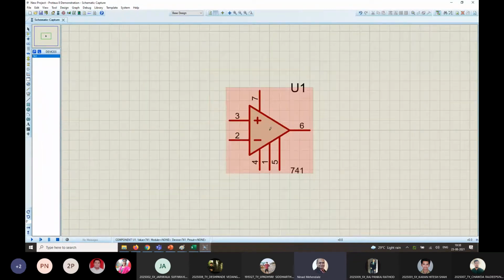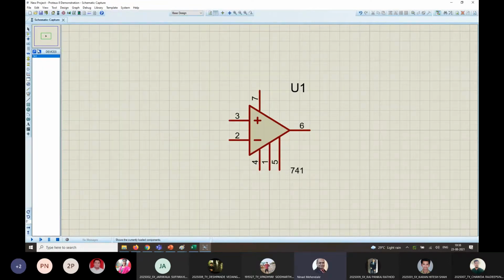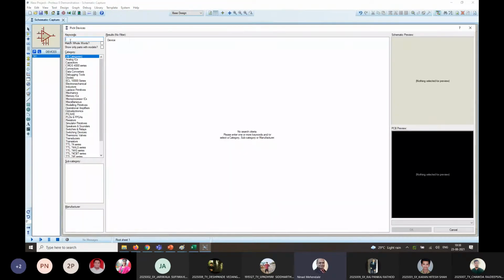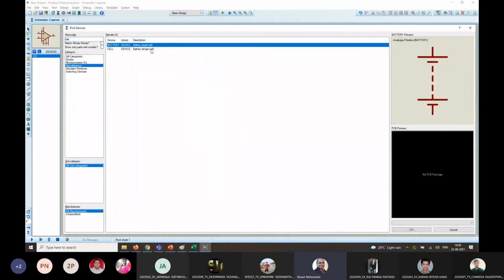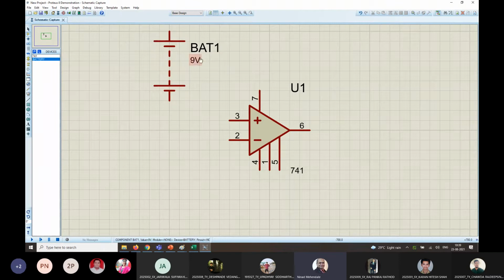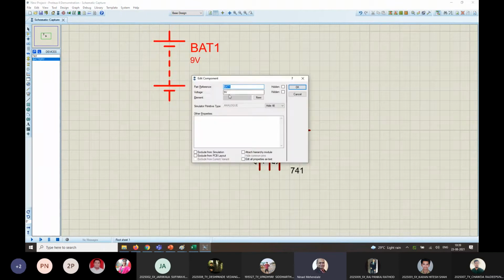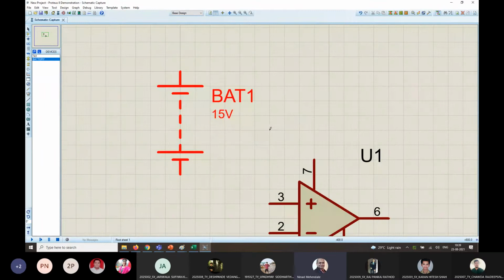Zoom it, OK. Next thing you need as per the circuit diagram is VCC and minus VEE, just as I explained in the lecture also. So let us start that. We have seen last time how to use a battery: type BAT, go to miscellaneous and you should find the battery over there. Click OK and place this battery. Now I said it should be 15 volts. So what you can do is, don't change the string, double click on this icon and change it to 15 and say OK. So automatically this string will change.